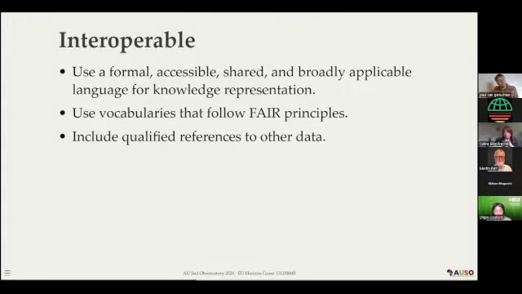And include qualified references to other data. You know, the web lives due to all the linkages that are made between the different websites and images and videos. And the same applies to data. If your data links to other data, the whole system becomes much more reusable. Because if, for example, we say we measured calcium, the definition of calcium can be found there, and another data set also says we measured calcium and the definition is somewhere else there, then you're quite sure that those two data sets can be compared.